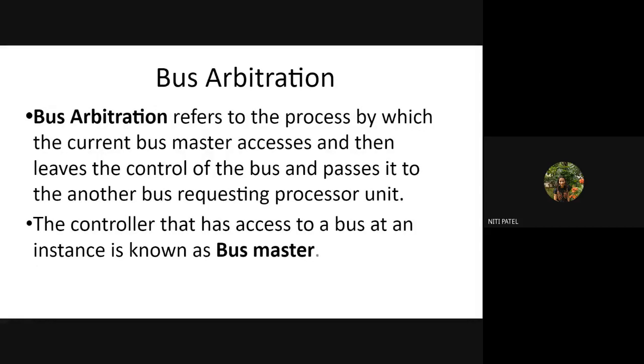Okay, so like this, whichever system wants the buses, they request, and the buses are given to them. Once their work is completed, those buses are taken back. This procedure of taking the bus and giving the bus back is called bus arbitration. Whichever unit requests the buses, uses them, and puts them back on the system is called a bus master. So the device or the computer which is using the bus is called the master. Once the buses are returned, the device or the computer will no longer be called the master. Okay.